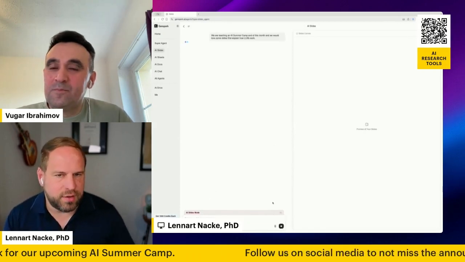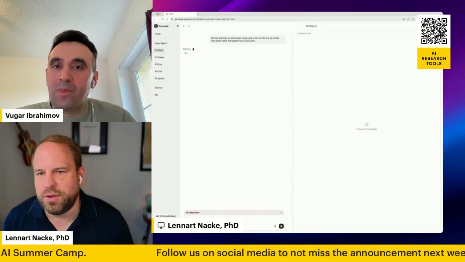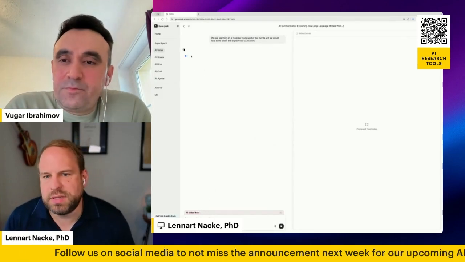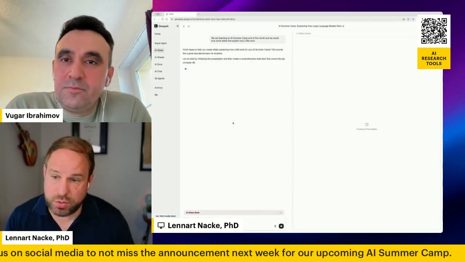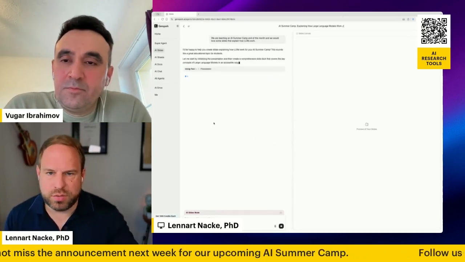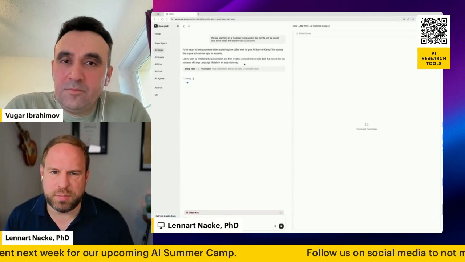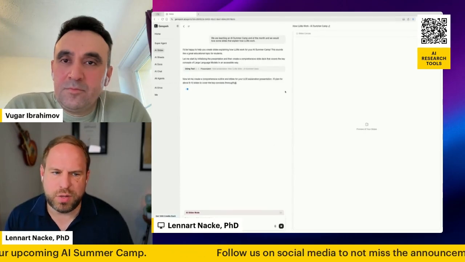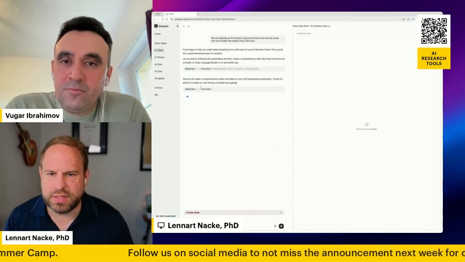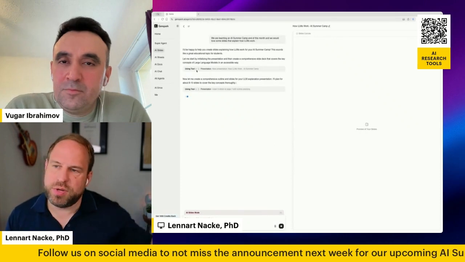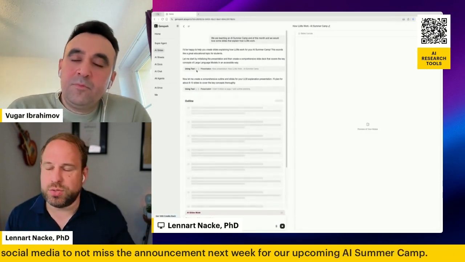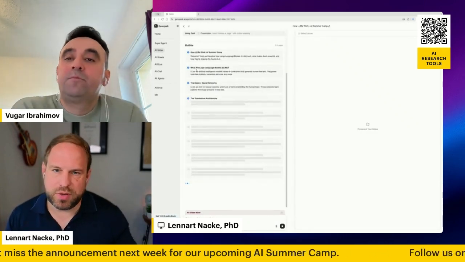Boom, send that off and see if it can figure it out. And then what happens, and this is with any sort of agentic tool that you use, is it usually goes into thinking mode, and sometimes it gives you a little bit of feedback on what it's doing. You can see how it basically sends separate queries. So a lot of these agent tools are all about sending these separate queries.